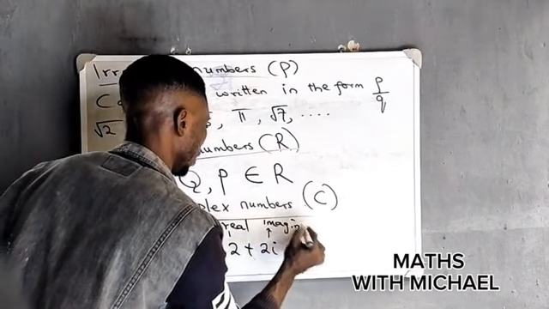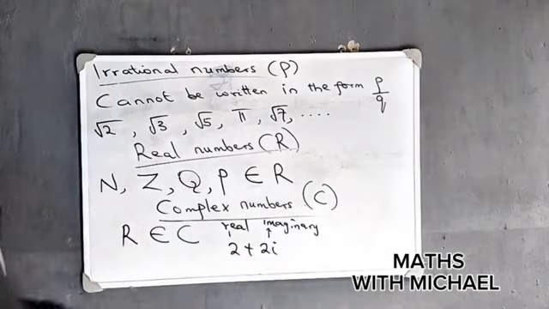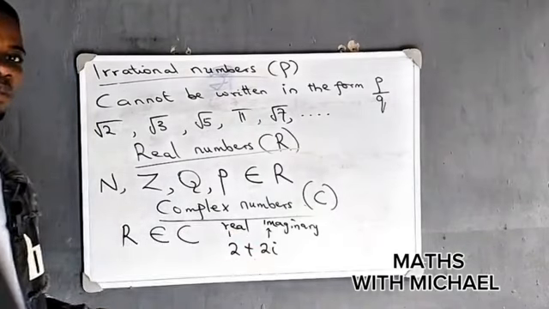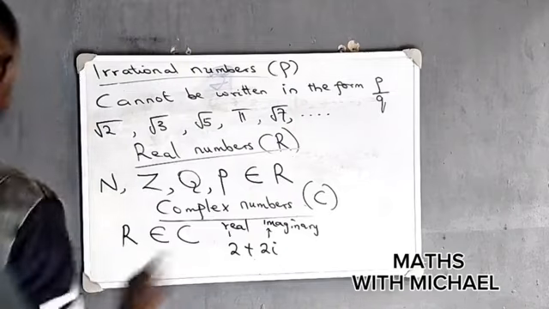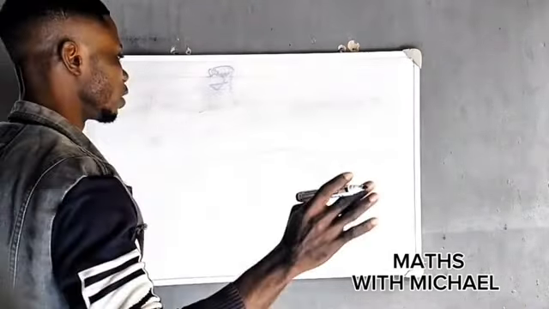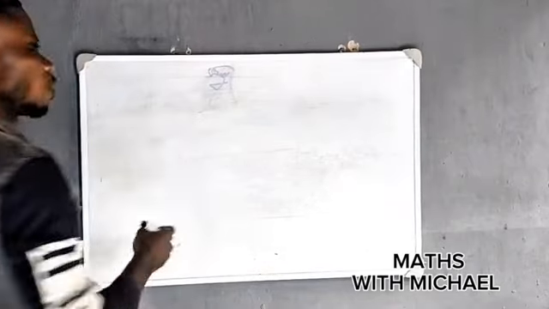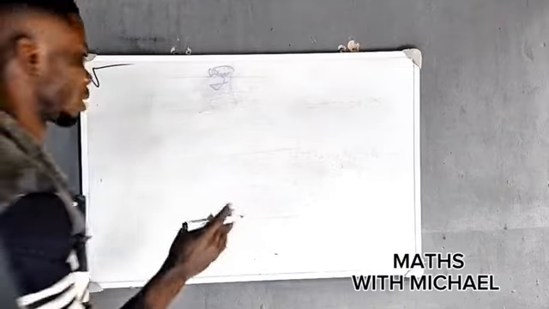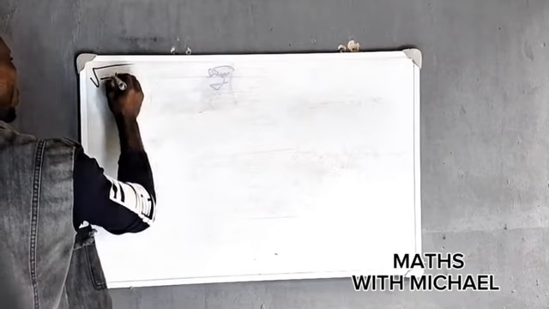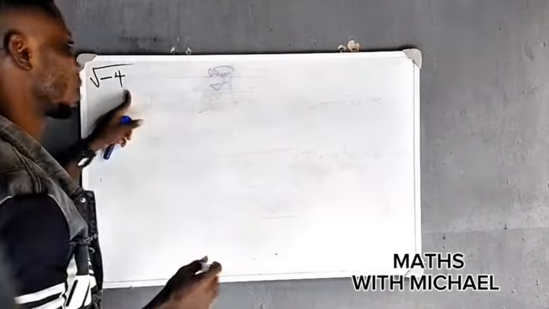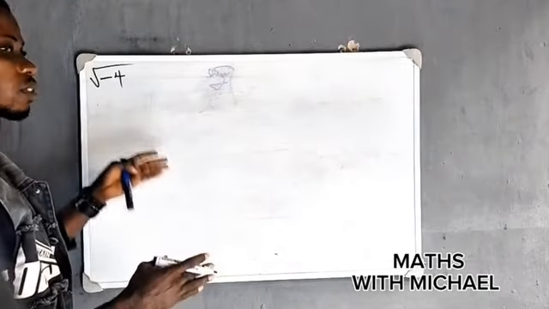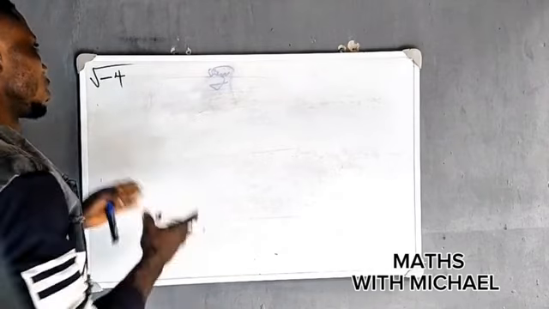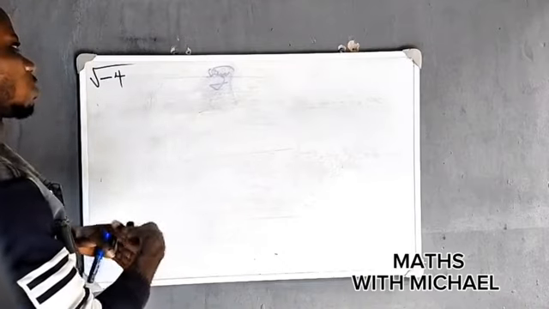And how did we come about this imaginary? This is another important thing we need to talk about. How did we come about this imaginary in complex numbers? The imaginary in complex numbers came about when we have the square root of negative numbers. For example, the square root of -4 cannot easily be gotten. The square root of -4, if we try it, will give us